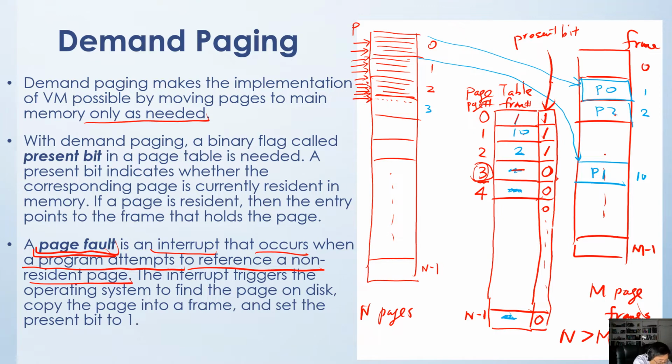Let's try to find a free frame. Okay, can we find a free frame? And then, yes, we find a frame over here. Let's say frame number 15. Okay, it's free. And then we load page 3